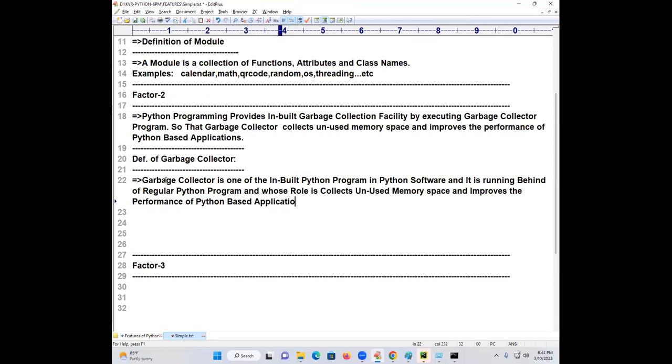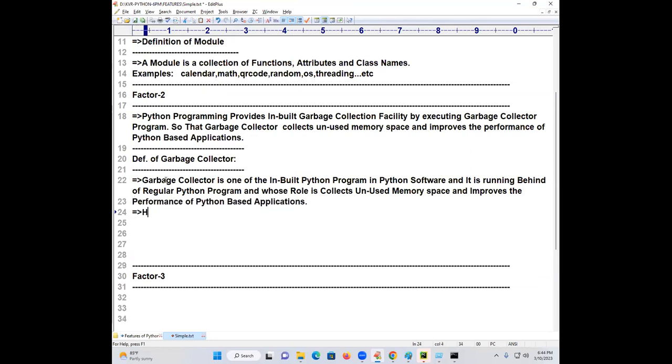Did you understand me? Right. So who is taking care of the automatic memory management? Hence, the garbage collector takes care of automatic memory management.